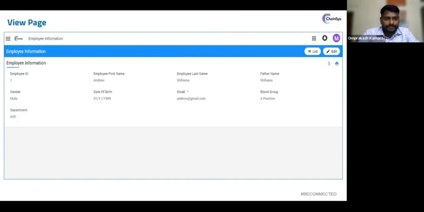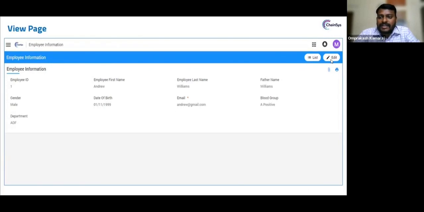So view page. This is a normal view page. So once a standalone object is entered and you click save, the view page will appear. So in the view page, there are 2 action buttons, that is edit. From the view page also we can navigate to the edit page, and we can also navigate to the list page on clicking the list action button. Other than that, there are 2 action buttons present, that is file management. This is used to attach an attachment or a document for this particular record. Printer action button, this is used to print the particular record.